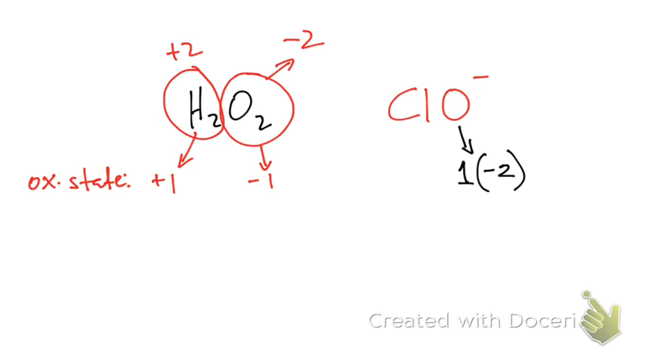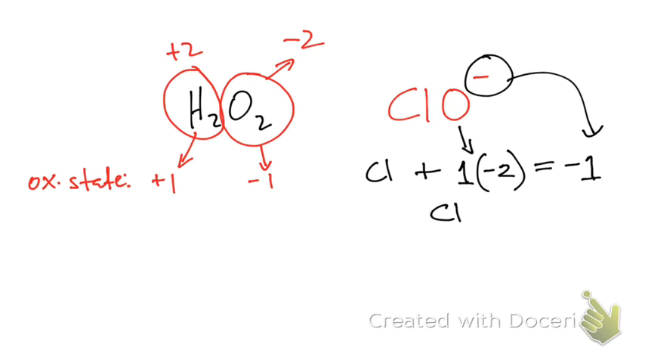So let's say chlorine, the oxidation state of chlorine plus the oxidation state of oxygen would equal -1, right? Which is the charge of the polyatomic ion. And so to determine the oxidation state of chlorine, we just move that to the right hand side. So -1 plus 2, and we get +1. So the oxidation state of chlorine